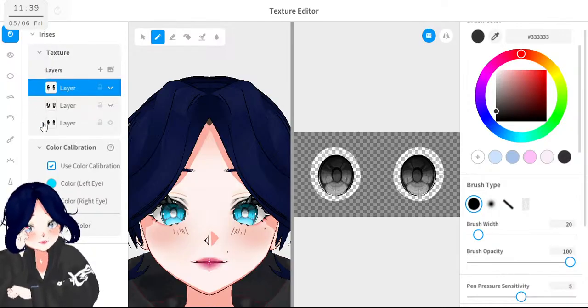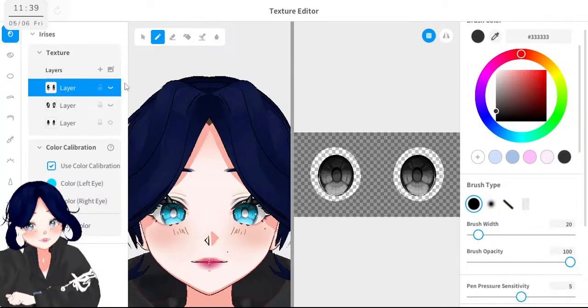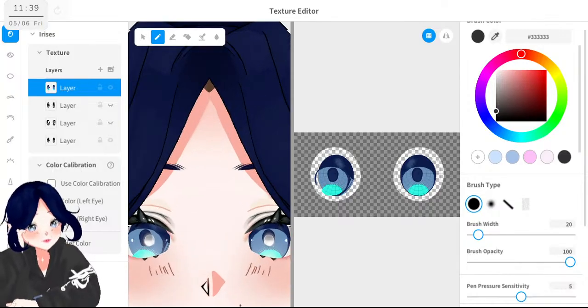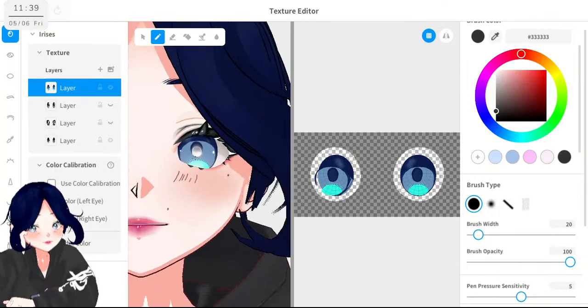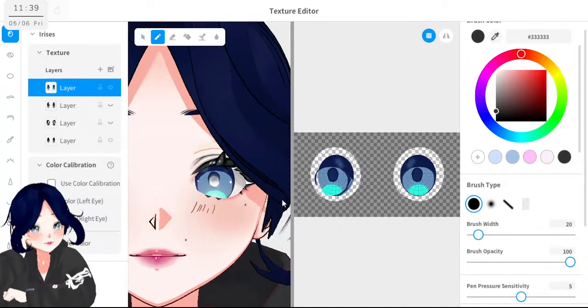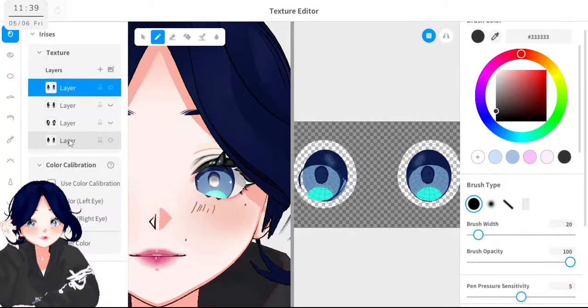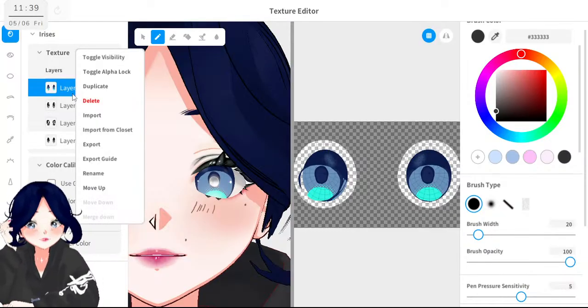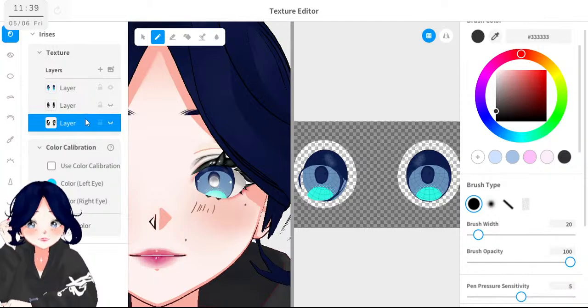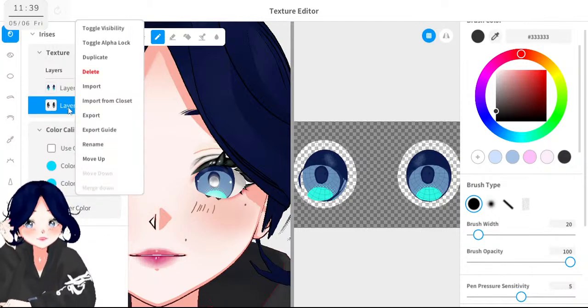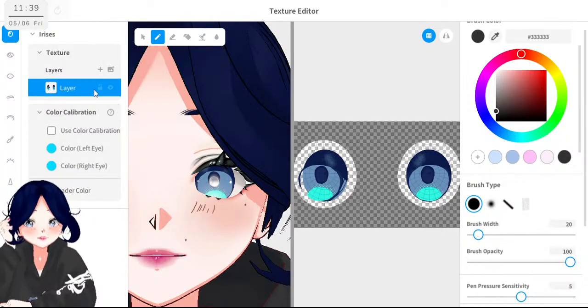Let's check the begin. Final outfit and the eyes. Let me close this color calibration thingy. Alright, let me delete all those layers that I am not going to use anymore. Delete and delete this one.